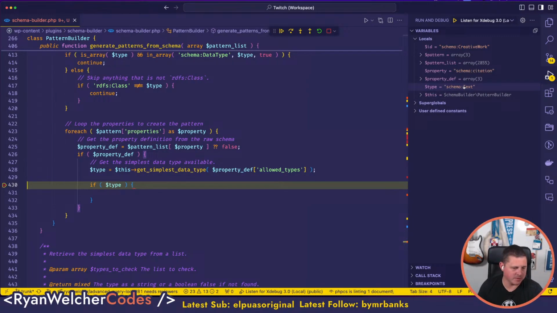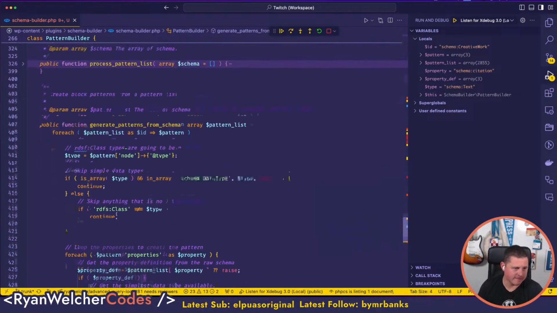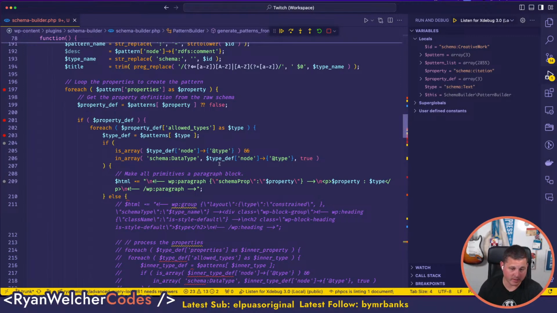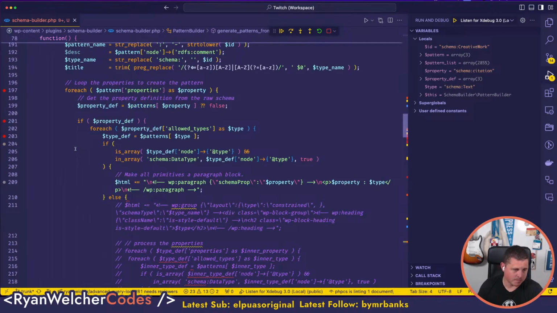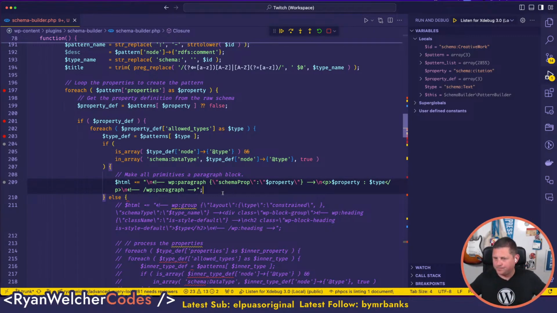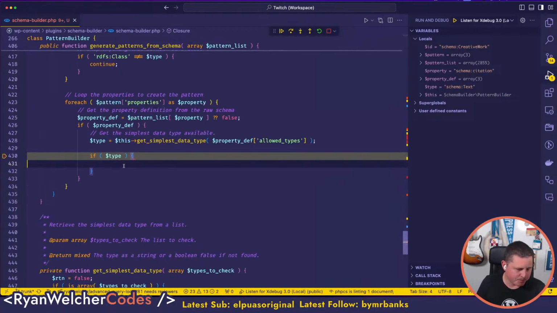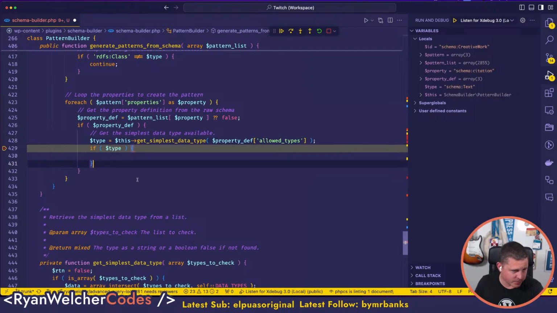So the type is schema text. If it's schema text, what were we doing up here? What were we doing before? We were basically adding a paragraph text or tag, were we not? I think that's what we were doing. Oh, is everyone dropping off? Getting bored? Okay. So now we have the type, and if we have a type, we can now start generating